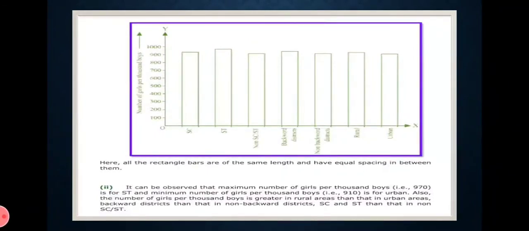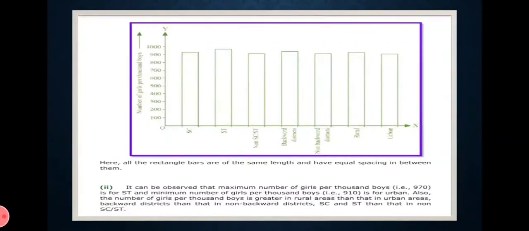And on y-axis, as we have taken number of girls per 1000 boys, we will take the scale of 100. So we will write on y-axis as 100, 200, 300, 400, 500, and so on till the highest frequency whatever it is given. So here all the rectangles again we have to take of the same width, that is their width should be of one unit only, and there should be equal spacing between all the bars, that is there should be a difference of one unit between each bar.